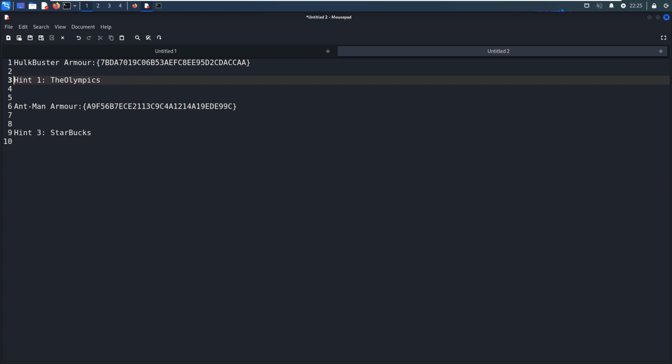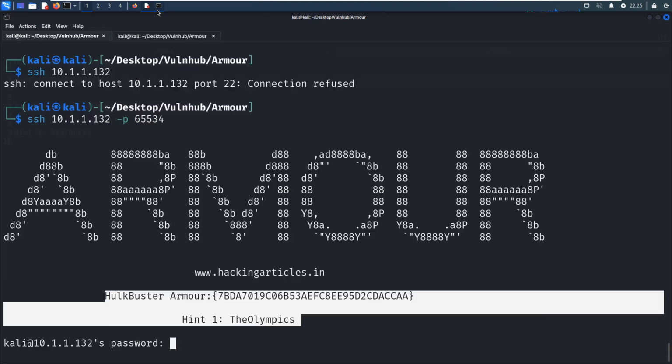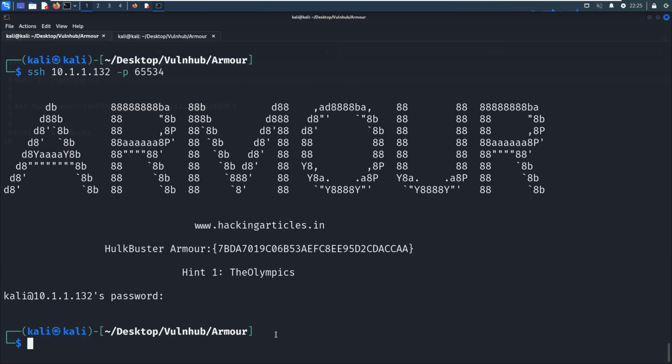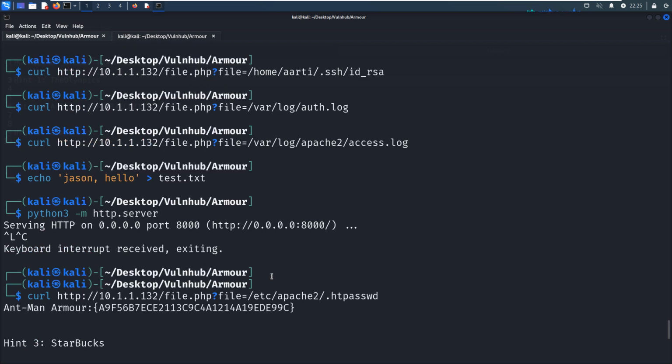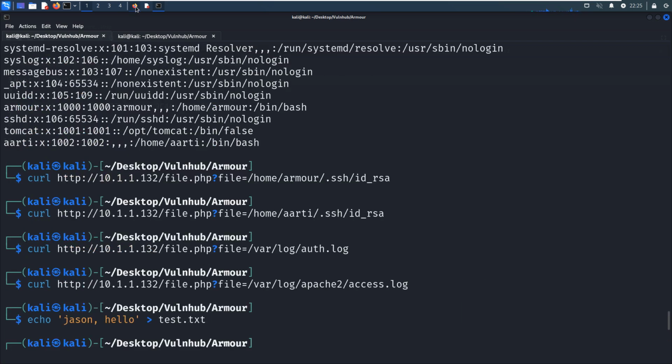So where is the second hint? Maybe we can quit from the SSH session.